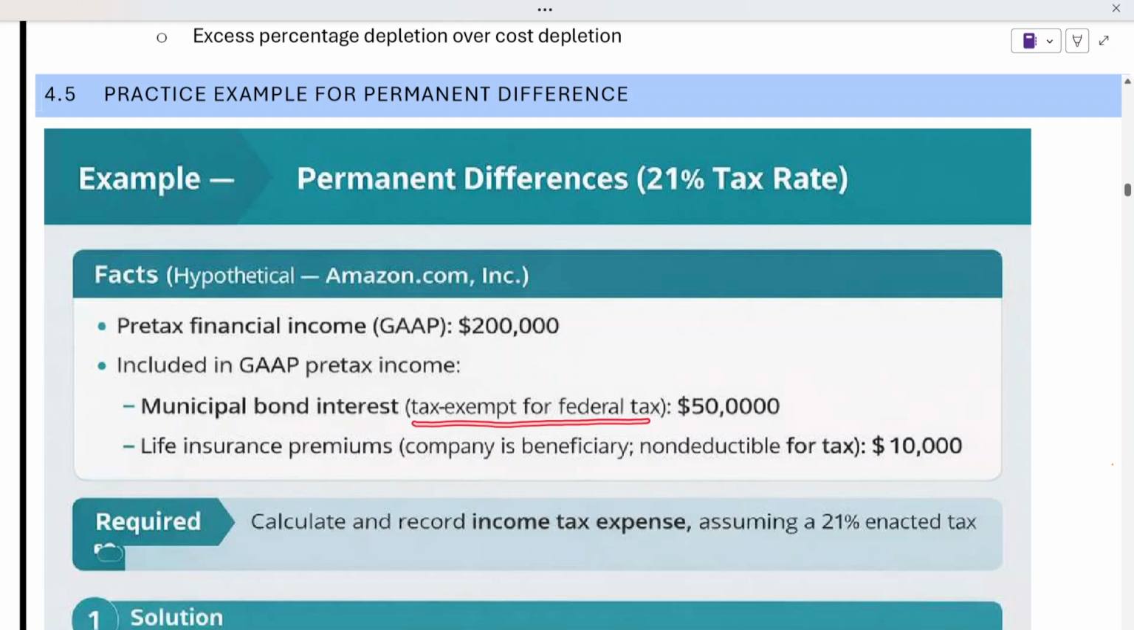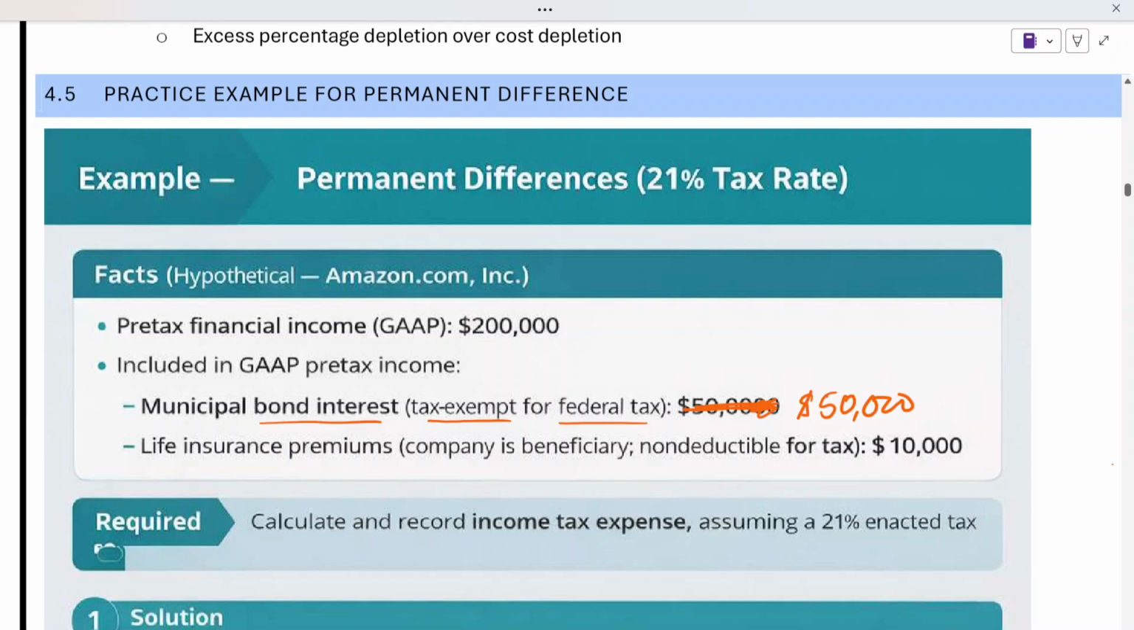There is no tax, and the amount for that is, let me correct this number, this is not this high. So this number is $50,000. So what they are saying is that the company has earned an interest of 50,000. Now this interest is tax free as per the federal tax, but in the books of the company